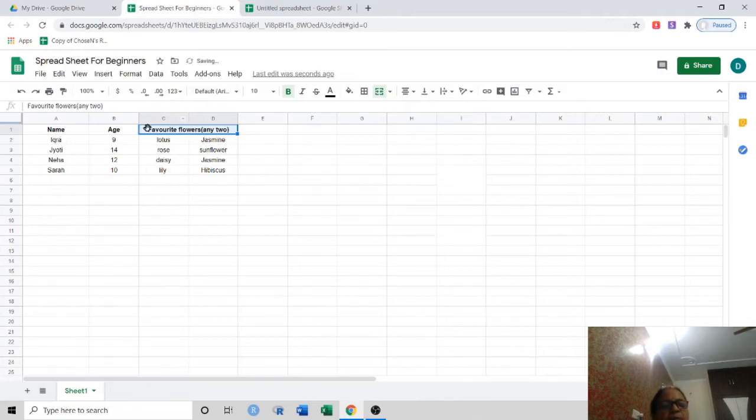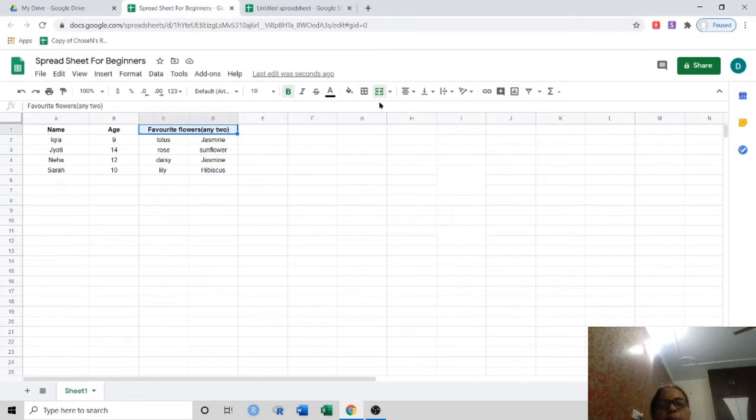As soon as I merge them horizontally, the title appears between the two cells. So in this way, I have merged the cells. Now suppose I have a big text over here. Here I have only written name. If I write name of the student of BSc1 or whatever I write, if the text is more than the capacity of the cell, then what do you do?